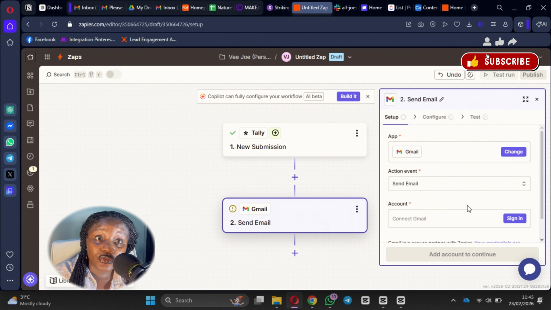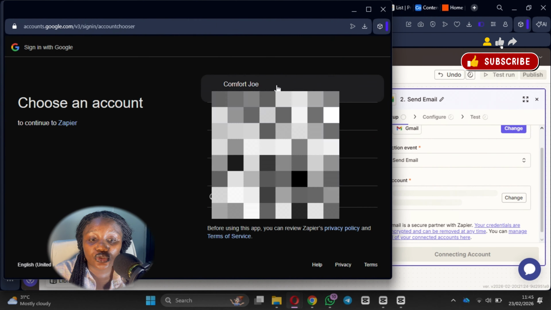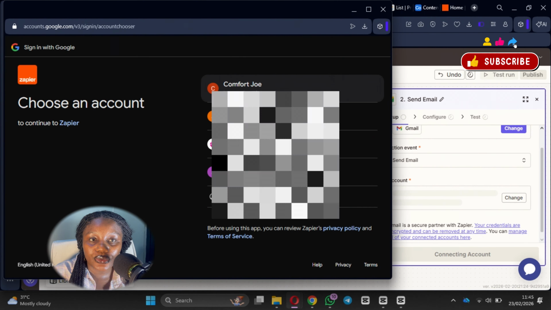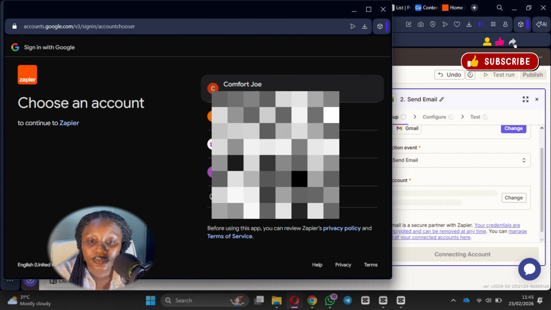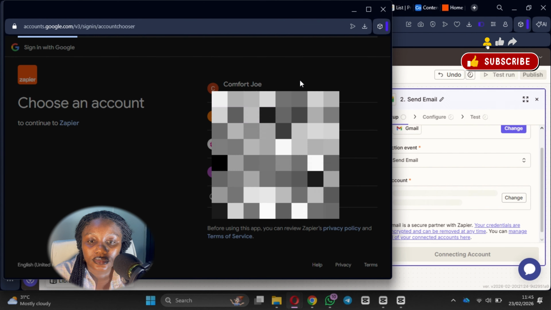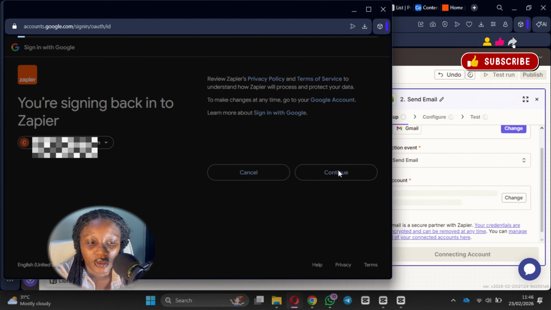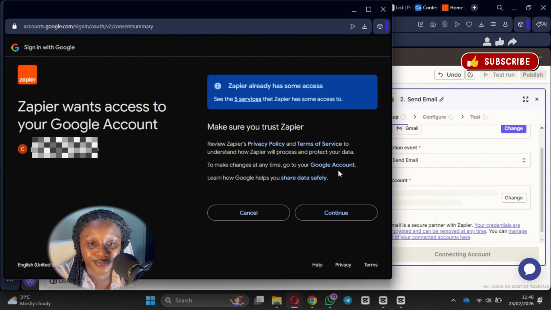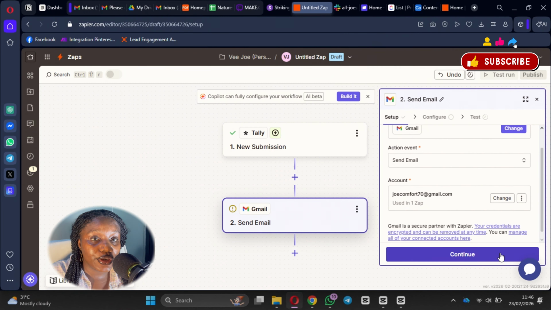So the next thing you have, of course, is to sign into your account. You'll be redirected to your Gmail account. So what you just do is click on the one that you want to use here. It will take you to continue. So you just click on continue here, and click on continue again here. So you see, automatically your connection has been established. So you click on continue here,